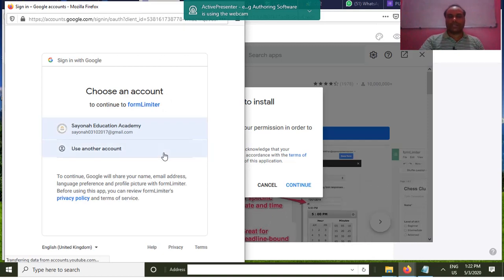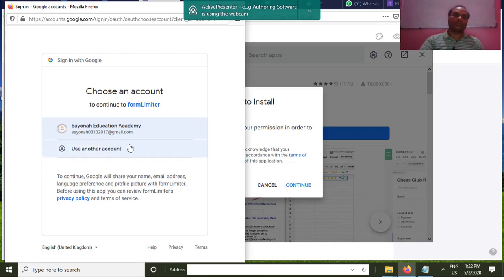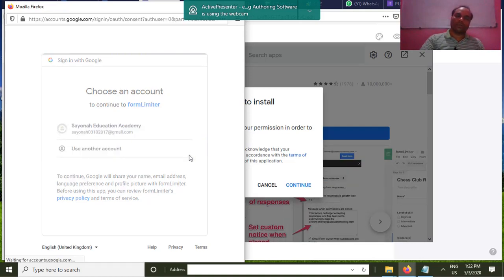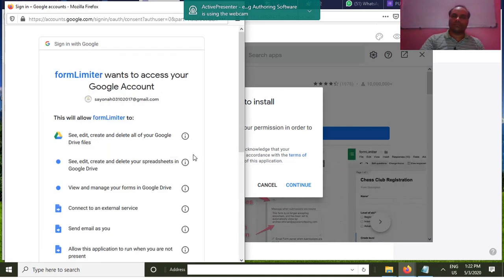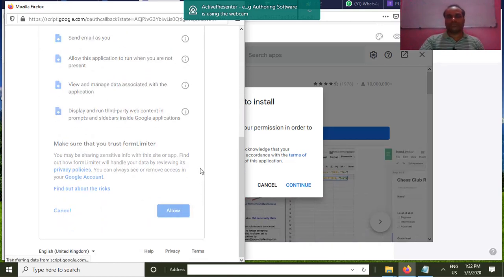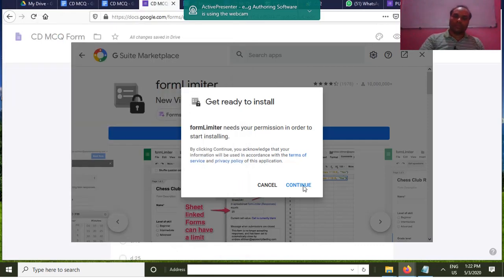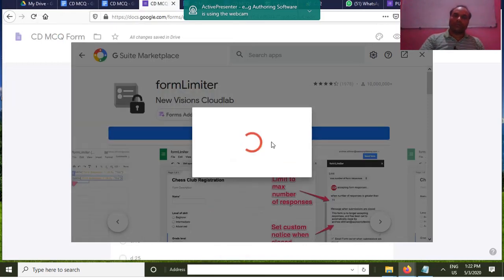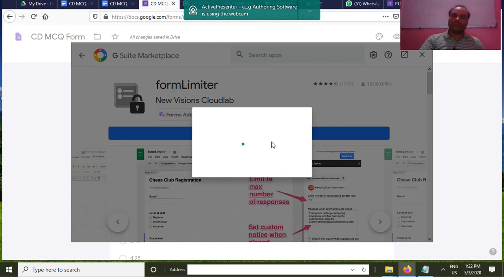Yeah, you select this ID. This Form Limiter, click it. By default, give the allow. Continue. This Form Limiter is going to install successfully.